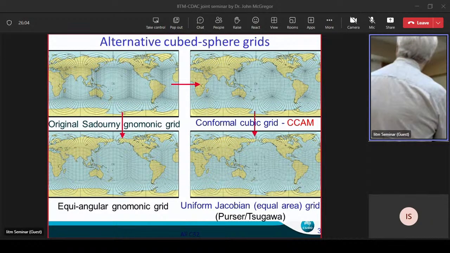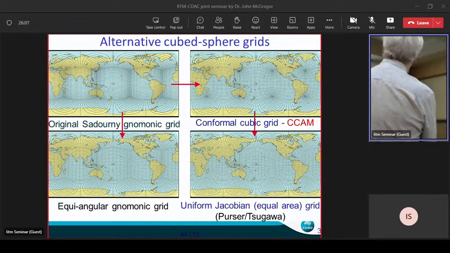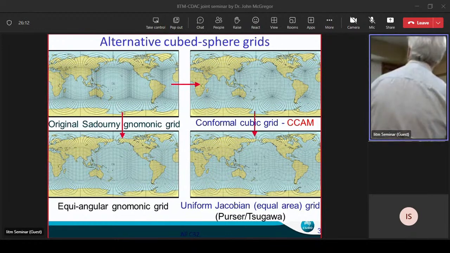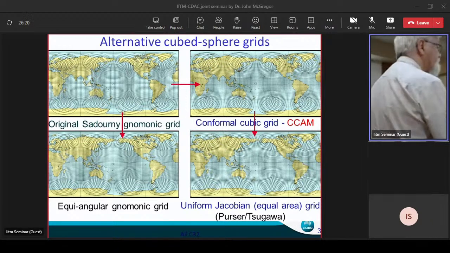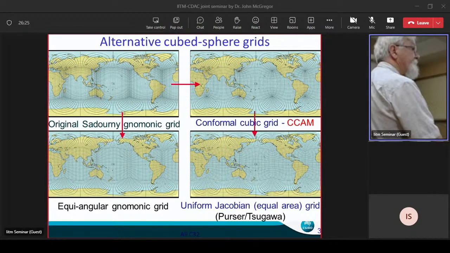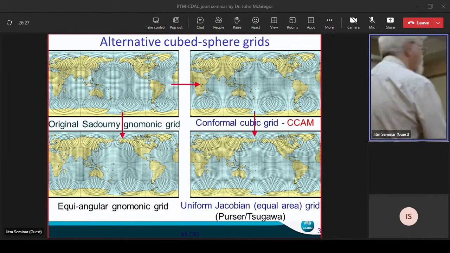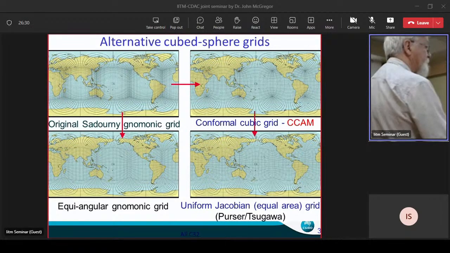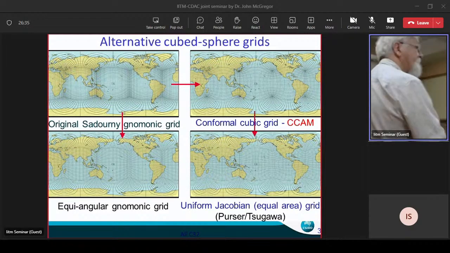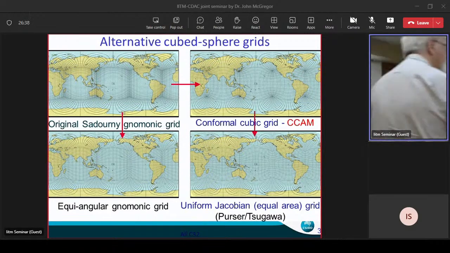The one that I'll talk about today, CPM, is conformal cubic, and that was developed by Fedor Messinger and Jim Verser and Radchik in the late 90s. And that does a clever mapping where each of these grid lines on the sphere is orthogonal, which means the equations of motion are very simple. They're just like a Lambert conformal grid or polar stereographic with a map factor. You don't have to worry about contravariant and covariant vectors and little complications like that. So that's what